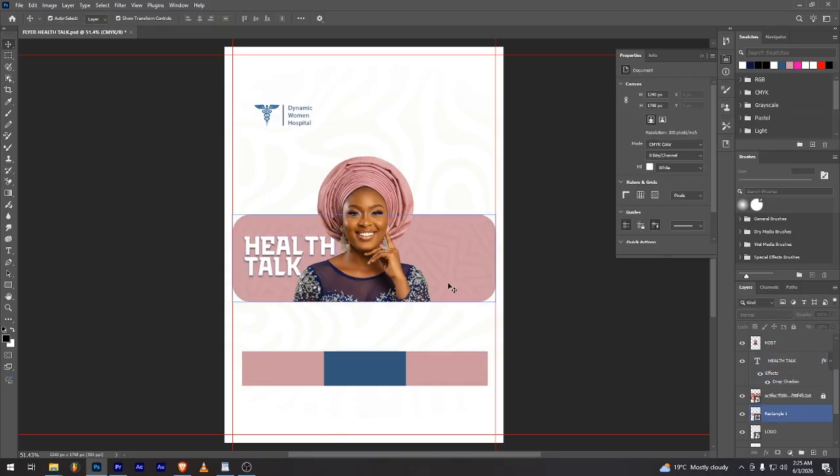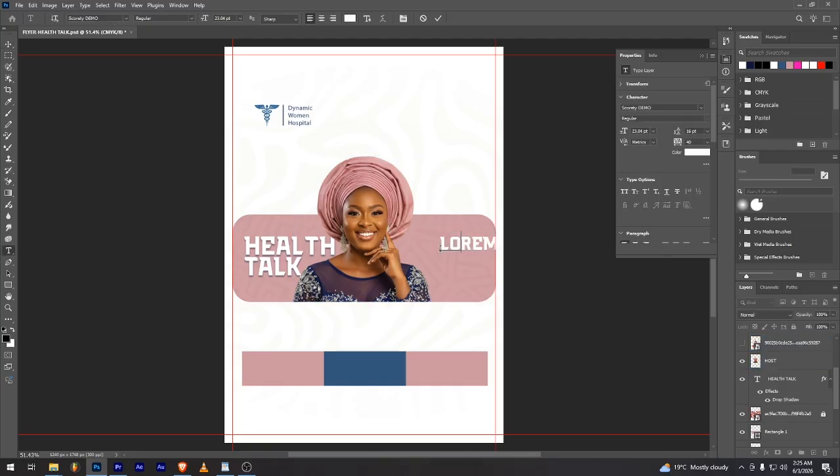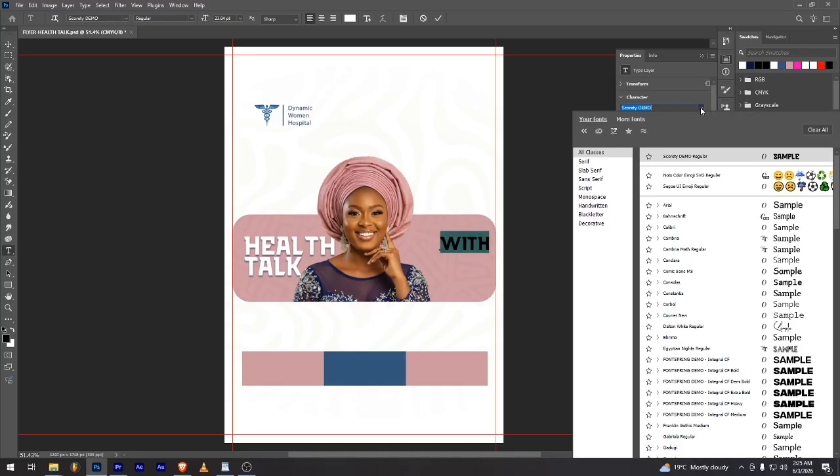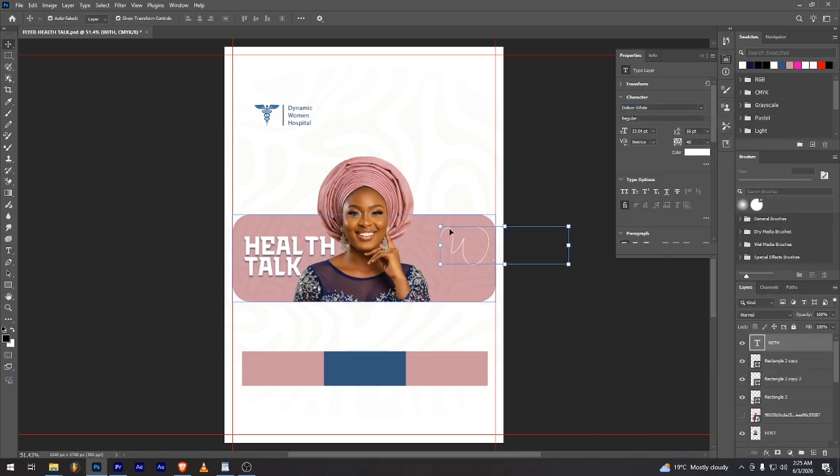And our other text is going to be on this side. So let me grab my text tool and then just write "with". And then I want to look for a font that looks handwritten. So I have this one here. Again, I'm going to give you these font packs so that you can download them. So this is "with", and we want to have the name of our host in this area. So let's reduce this slightly, place it there, and we can add another text layer for